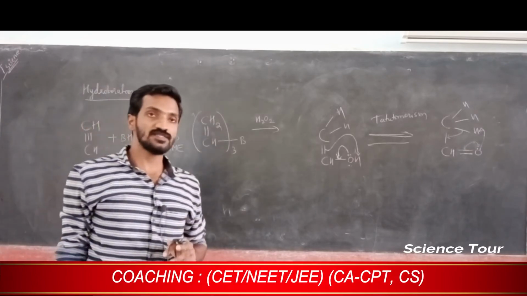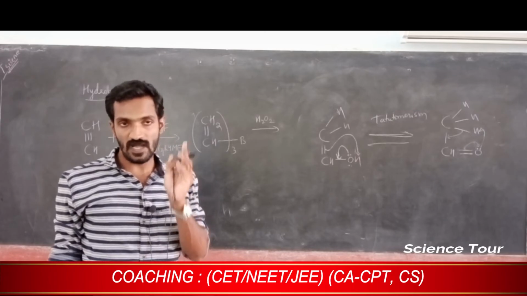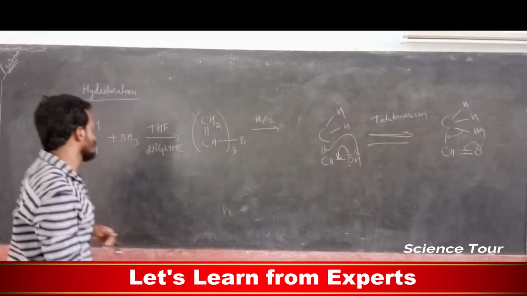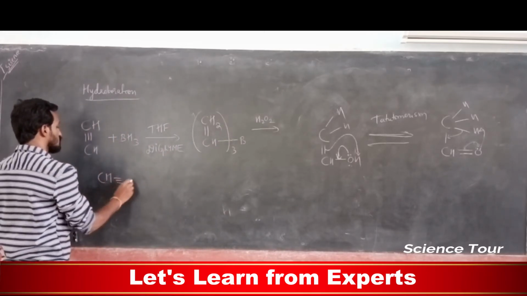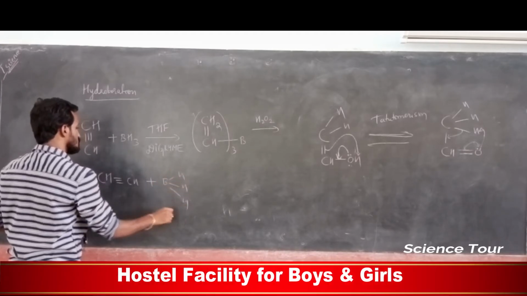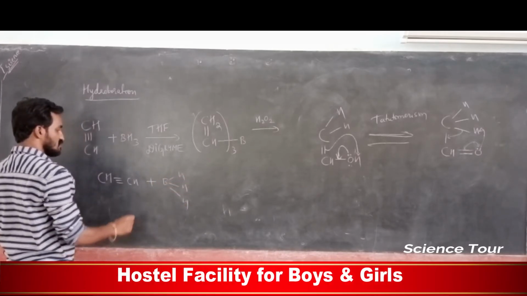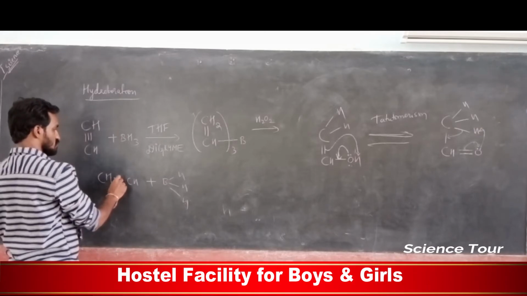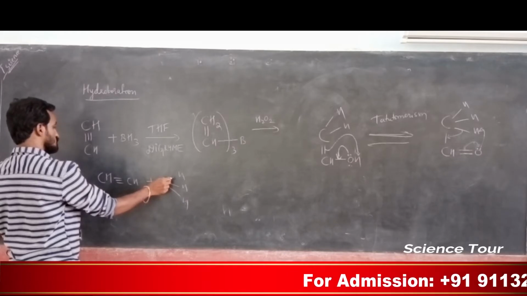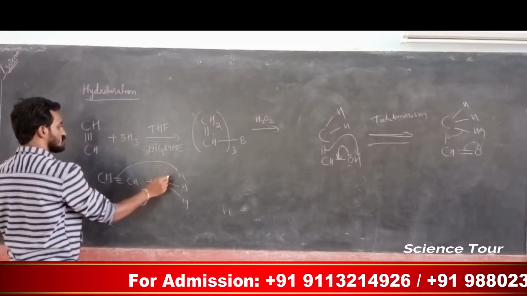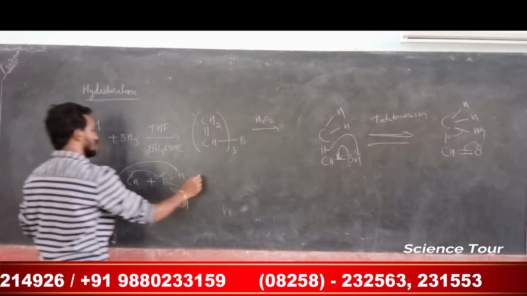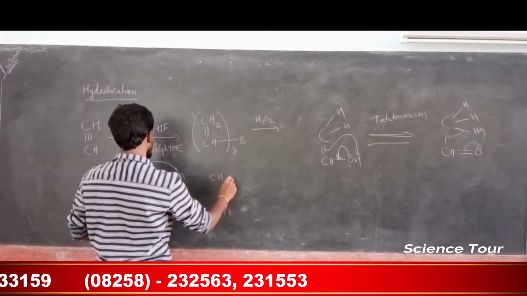The hydroboration mechanism I explained in the alkene video, the same mechanism is followed here. But here one problem is that there is a CH triple bond. What happens when it reacts with the hydrogen like this? Imagine, last class I explained this. This will go and attack this hydrogen, this will come here and that will go and attack this. And you are getting, my dear students, CH2 double bond